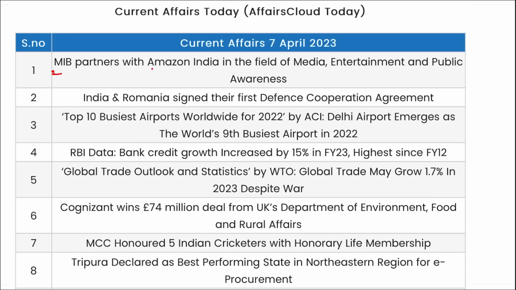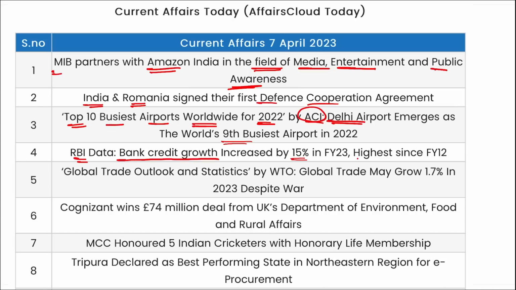Next, MIB partnered with Amazon India in the field of media, entertainment and public awareness. India and Romania signed their first defense cooperation agreement. Top 10 busiest airports worldwide for 2022 by ACI, and Delhi secured the 9th rank in the busiest airport list of 2022. RBI data: bank credit growth increased by 15%, and it was highest since fiscal year 12. Then global trade outlook and statistics was released by WTO, and global trade may grow by just 1.7% in 2023